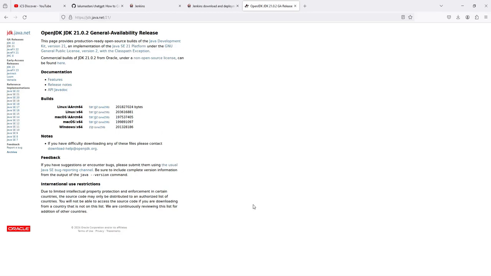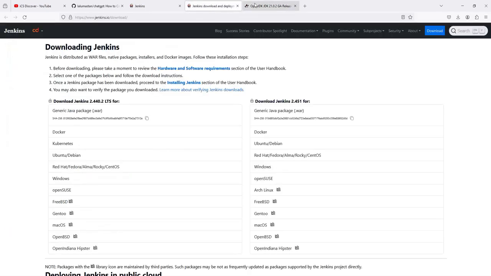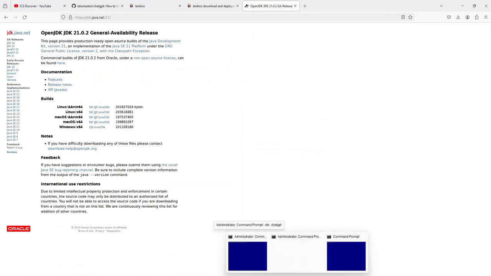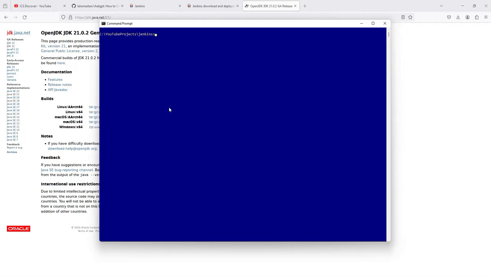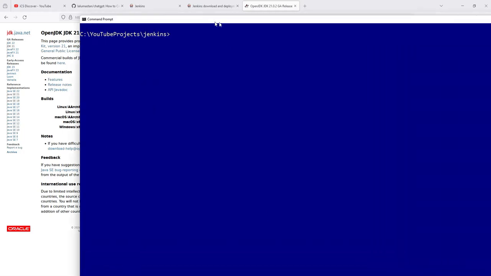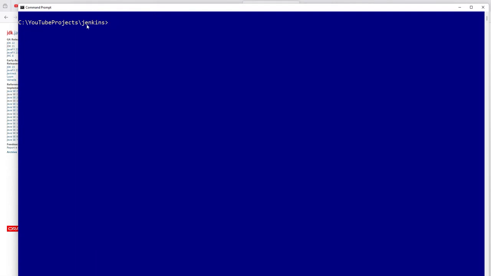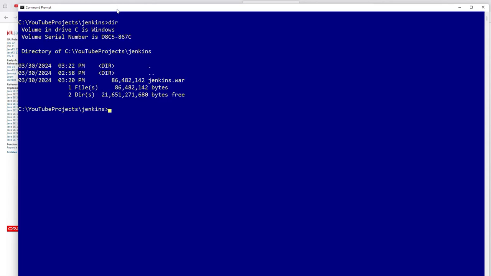So once you have all that, and you downloaded that Jenkins war file, the next step would be to just run some commands. I'm going to make it a little bit bigger. I'm already in this Jenkins folder, so you can go to your specific folder wherever you downloaded the war file. As you can see, my war file is right here. And you can either do it in command prompt, or also in your PowerShell as well. Then all you have to do is run java